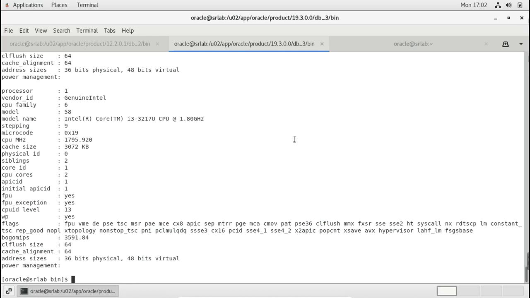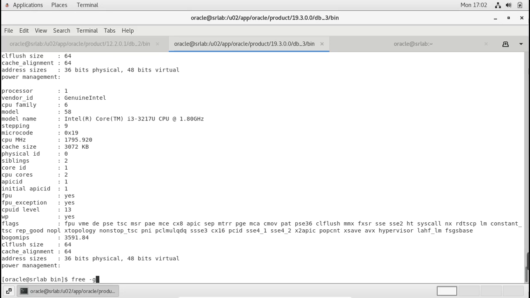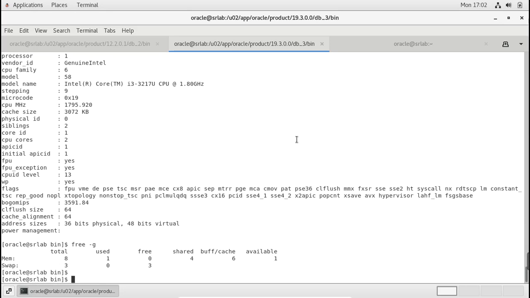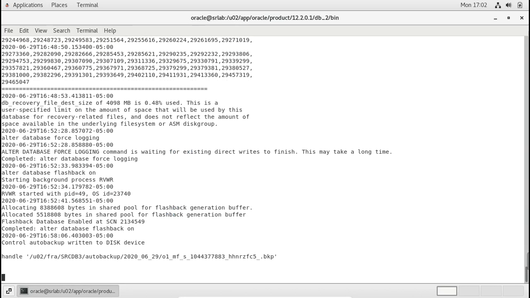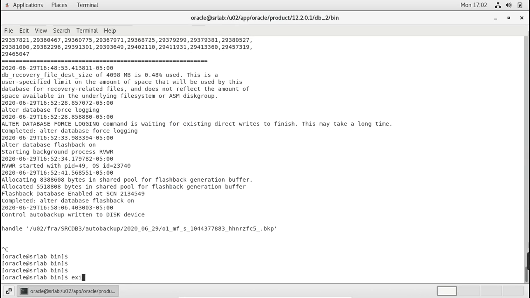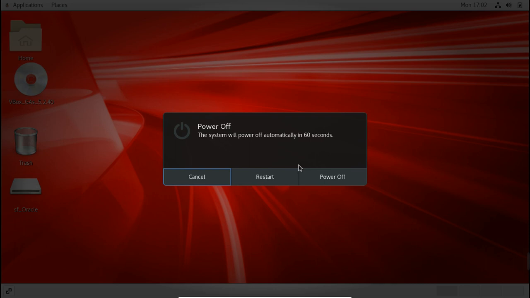Here I have allocated only 2 CPUs in this virtual machine. The free memory available is only 1 GB. So what I am going to do is exit, shut down this machine, and increase the memory, because I have already set the memory in this virtual machine to 9 GB.